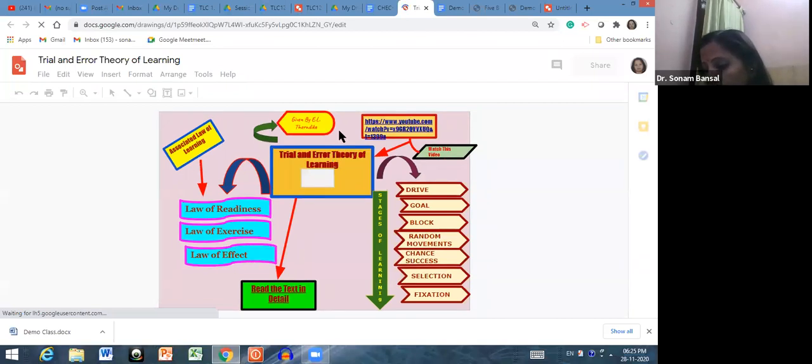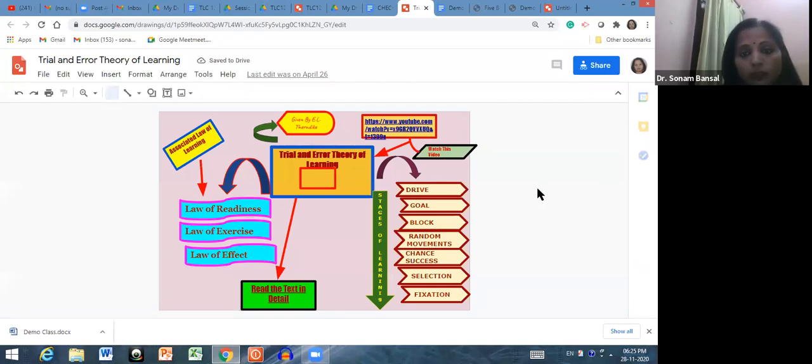See, this is the Google Drawing I have prepared on one of the learning theories, the trial and error theory. Image is there. You can insert videos, you can insert images, you can draw something very beautiful.